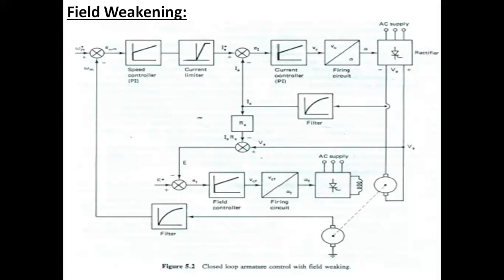So in this process, what happens? There will be a decrease in the field current. This will continue until the motor speed reaches the value denoted by omega m star. Now as the speed error will be very, very small, VA will be returned to a value close to the original value. So we can say that speed control above the base speed is obtained by field weakening. With the armature control, the armature terminal voltage will be maintained near the rated value only. So we should not exceed the armature terminal voltage.